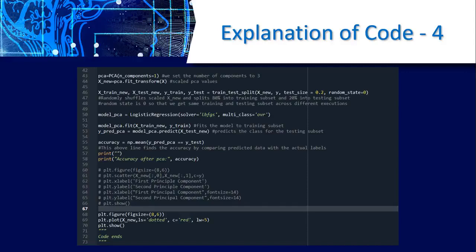Again, we perform logistic regression, taking the solver and the multi-class option. Then we fit the model to the training subset and predict the class for the testing subset. The above line again calculates the accuracy by comparing the predicted data with the actual data. We again plot the same graph and see.